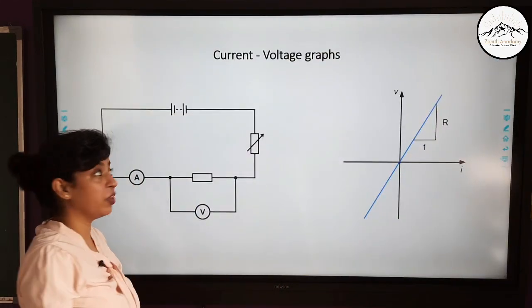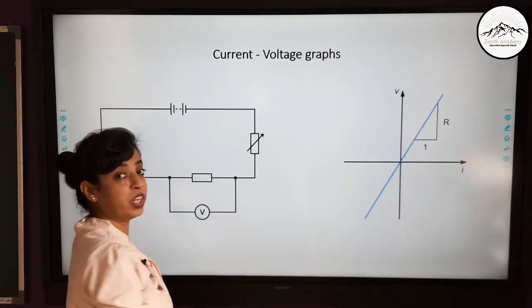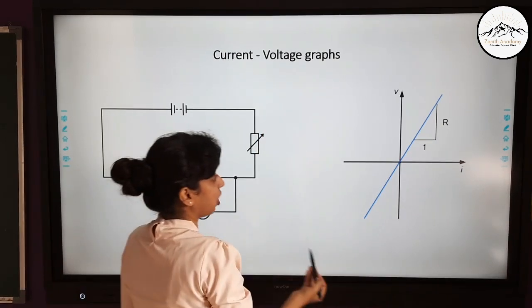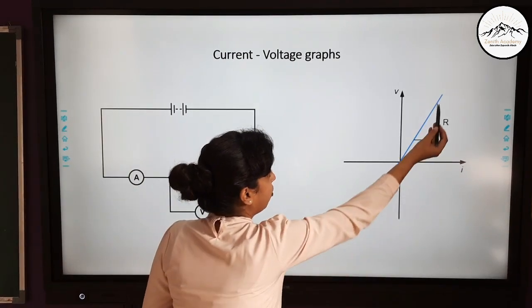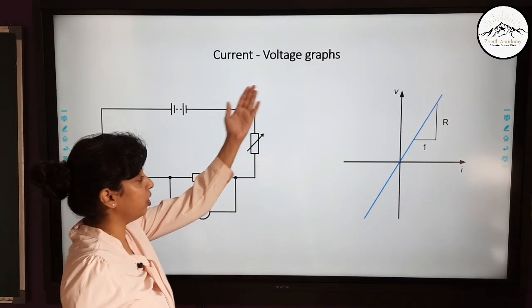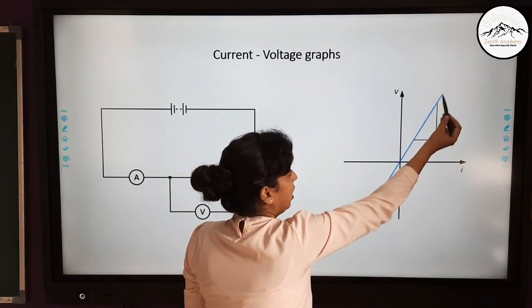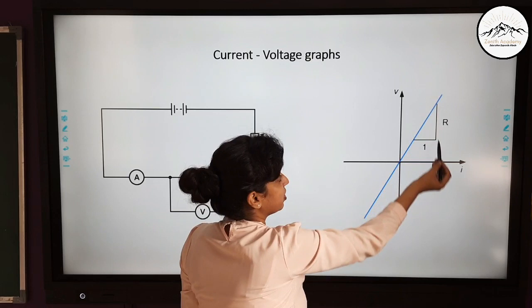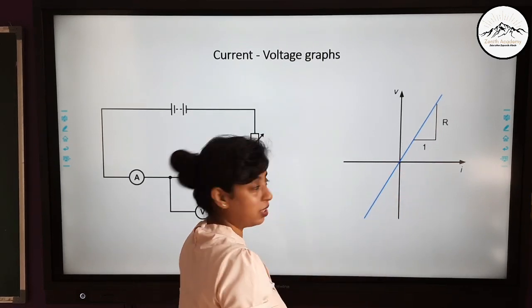Students, in our previous video we have studied the current voltage relationship of a resistor, that is, the current voltage graph, the VI graph of a resistor, and we saw that the relationship between current and voltage is a linear one, that is why we got a linear graph, and from this graph we can say that resistance is constant at a particular temperature.